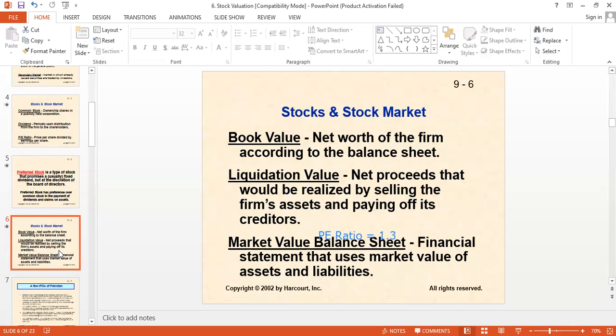Lucky Cement must be having some current assets, some fixed assets, some current liabilities, long-term liabilities, and shareholders' equity. Whatever is the final amount of their balance sheet, for instance 1.2 billion rupees,